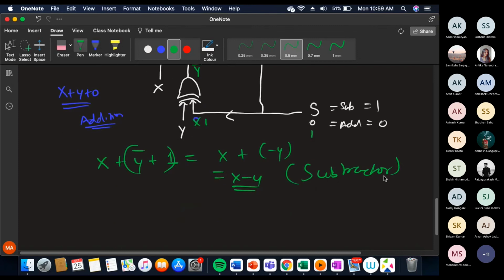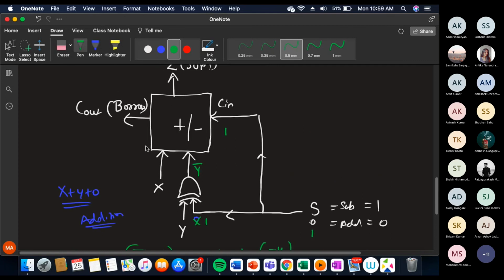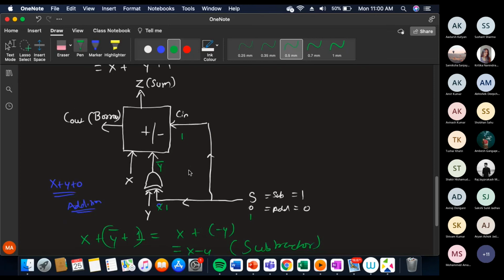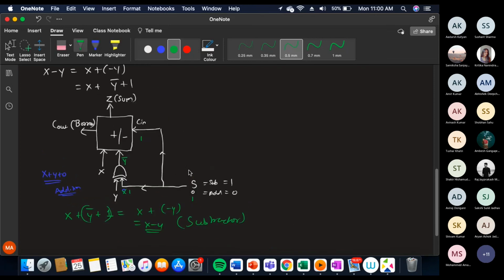There is no circuit such as called a subtractor. Overall, in this circuit, what is required? It just requires an adder, and along with the adder, you require an XOR gate. If you use the adder and XOR gate, it will perform an operation which is called subtraction. So that is how the subtraction is done. But there is no circuit called a subtractor. The same circuit will act as an adder, and it will perform this subtraction as well. You do subtraction through an adder only, but along with that you use an XOR gate. I hope it is clear to you. Is that clear?